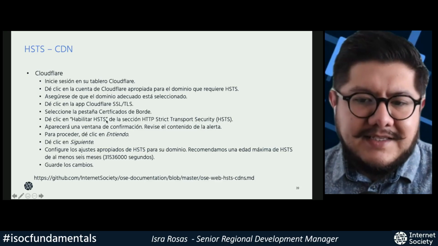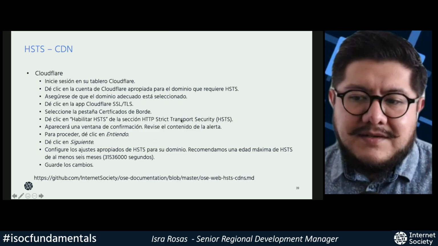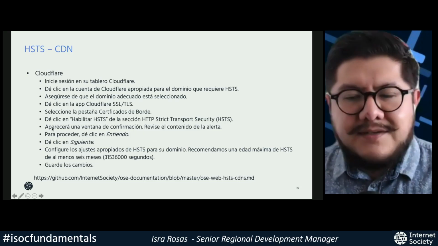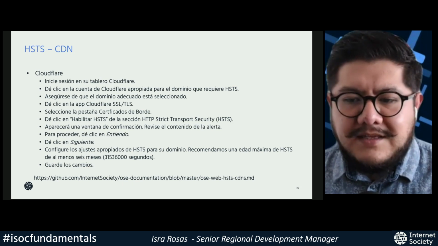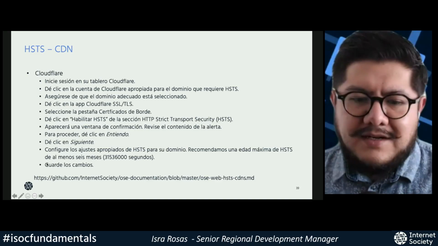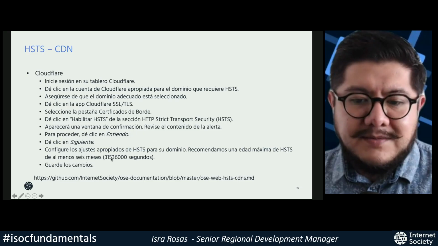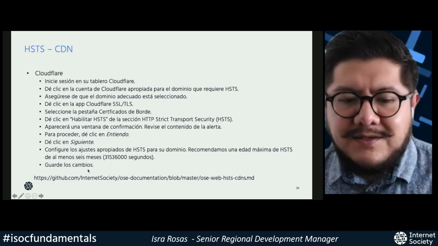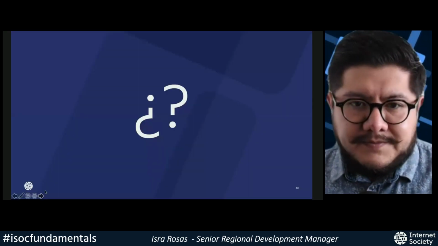And then over here, you click Enable HSTS under the HTTP Strict Transport Security section. You will see a confirmation window. You have to review the warning content. You click on I understand, then you click on next, and then that's it. You configure the HSTS settings that are appropriate for your particular domain. And once again, the maximum age that is recommended is at least 6 months. Then you save your changes and you're ready to go.